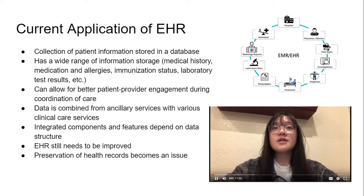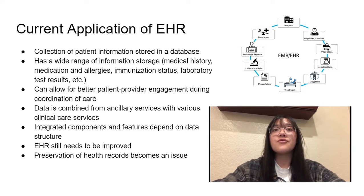Patient and healthcare provider engagement is crucial for quality of care, but sometimes healthcare runs into inconsistent quality as well as gaps in care and access. With EHR, there is a hope that physician efficiency and quality of patient care may improve. Electronic health records, also known as EHR, are collections of patient information embedded in network-connected systems that can be shared